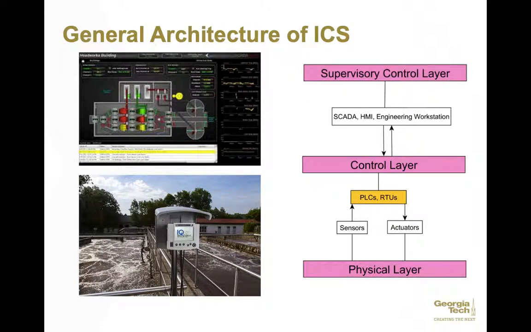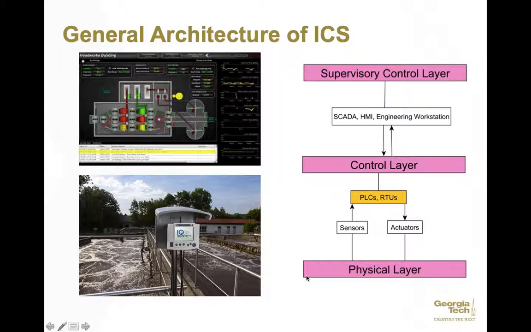This is what a typical industrial control system looks like. It consists of devices and subsystems organized by physical, control, and supervisory control layers. Using a water treatment plant as an example for the industrial control system, let's go through the architecture. The field devices in the physical layer